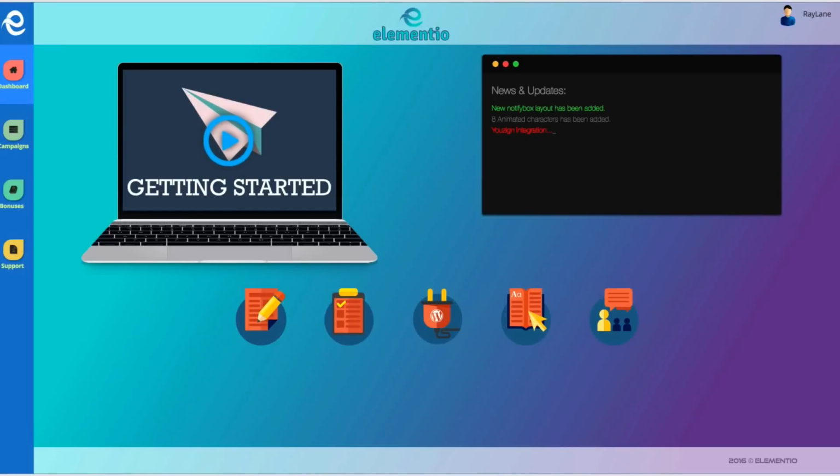Hey guys, Ray here, and I want to do a quick review of a new product that comes out on Wednesday, October 12th, called Elementio. Now, this product is something that allows you to put your content over other people's websites. And I'm going to show you exactly what I mean by this, and I think you're going to be really